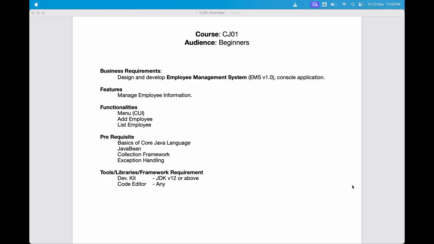This application is for beginners. In this application, the business requirements will be to design and develop an employee management system, and it will be a console application. Features of this application will be that we are going to manage employee information, and this employee management system